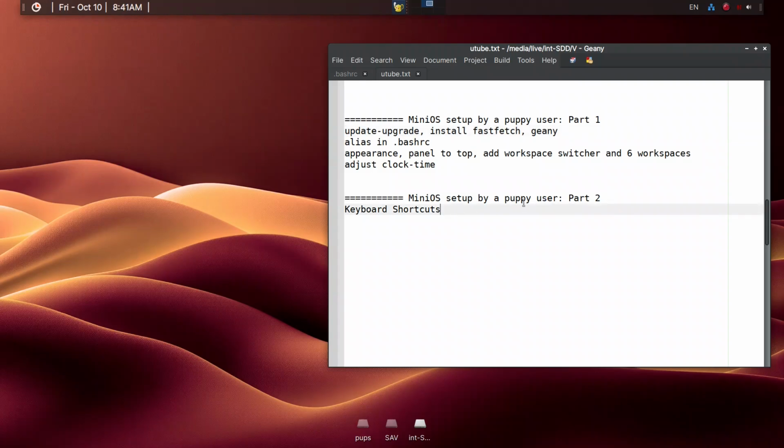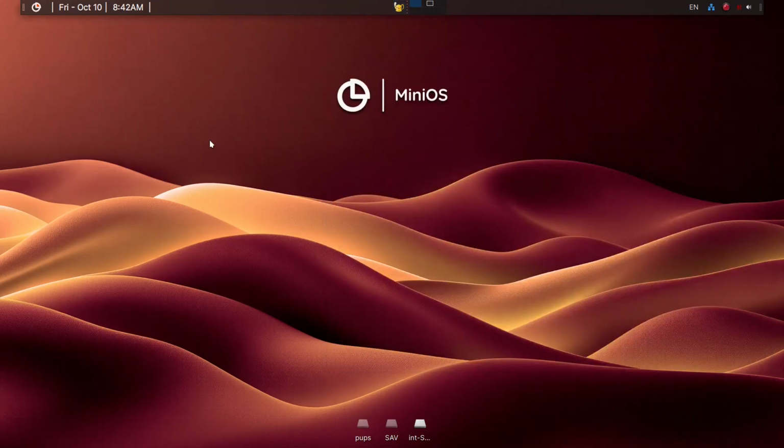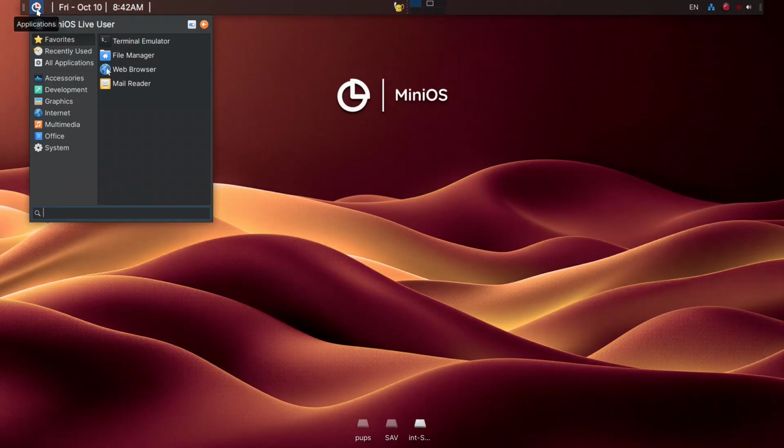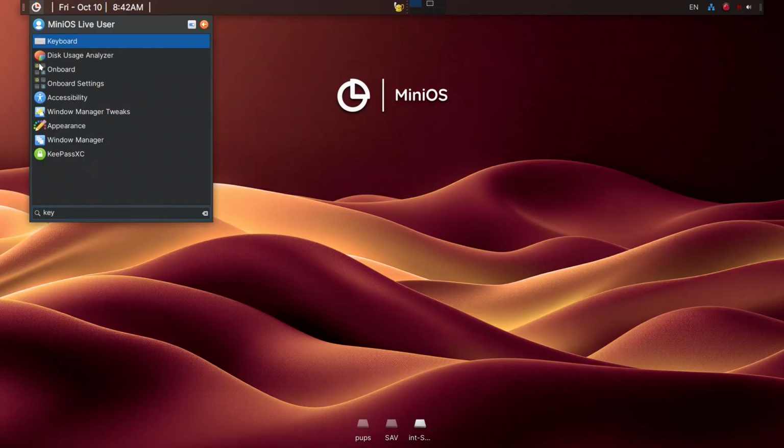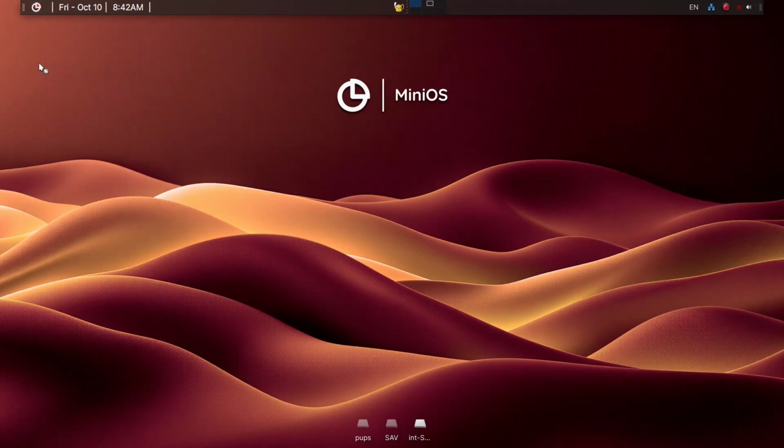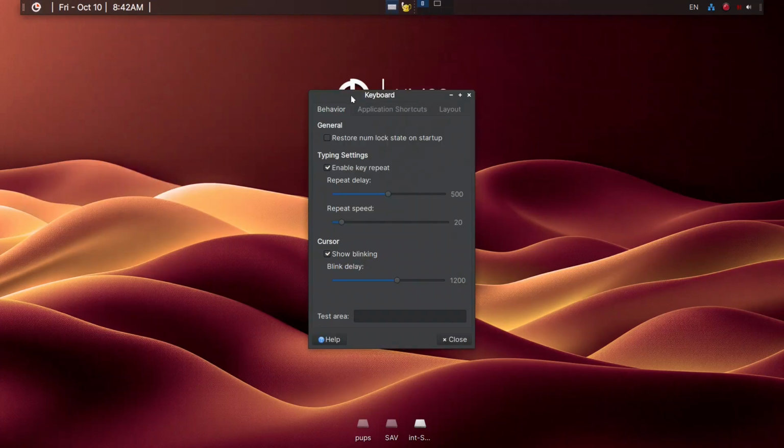And today is going to be part 2. What I wanted to go over is mainly keyboard shortcuts. I go to workspace 1 by Control F1, and then we'll start the keyboard settings by going to the main icon, typing in keyboard, and then Enter. So here's the keyboard